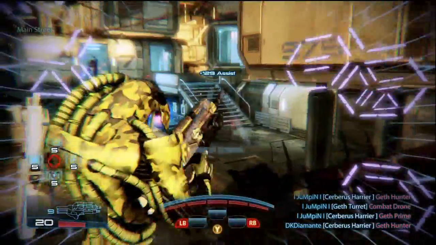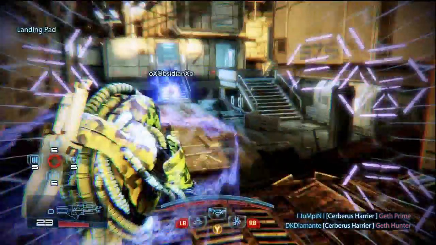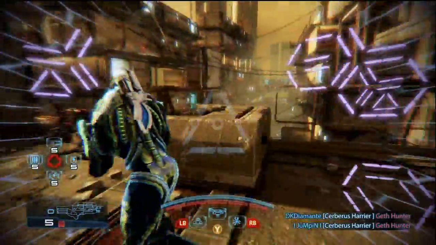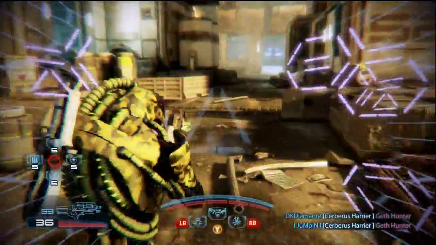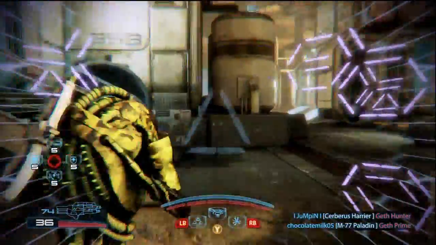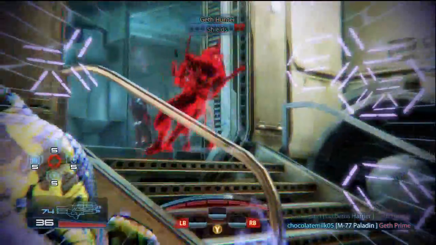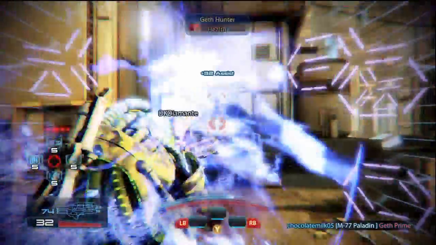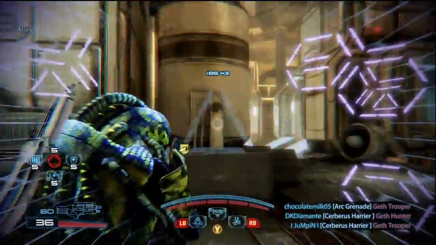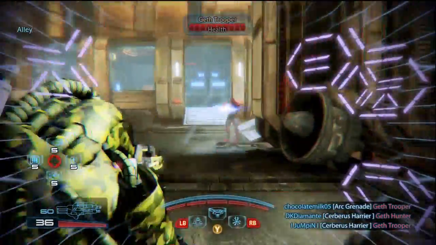I was a little worried when we first did this, because 2 Geth Engineers, they're not exactly known for their offensive power, and on Platinum, you kind of got to hit them hard, so... Yeah, and they're not known for their defense either, to stay alive a long time. No, they're really not. And mine's even spec'd out for all defense. So, I was a little worried, but...